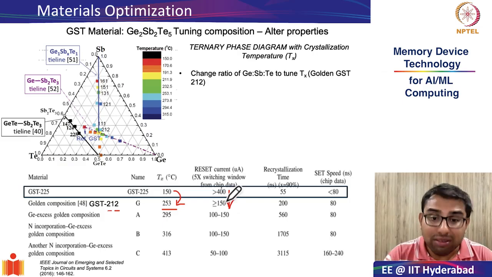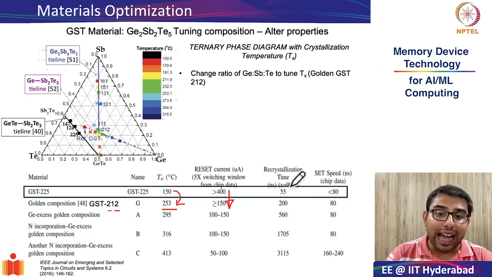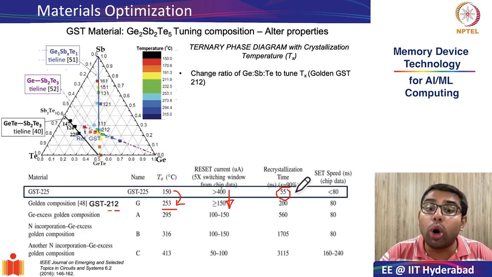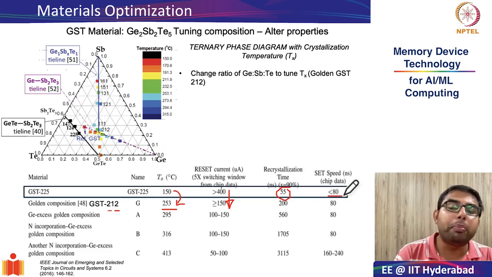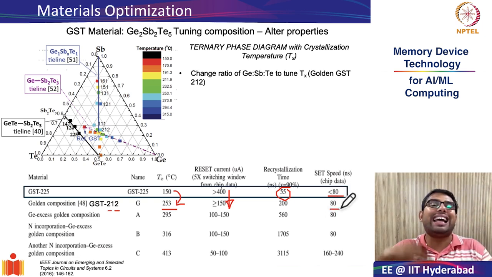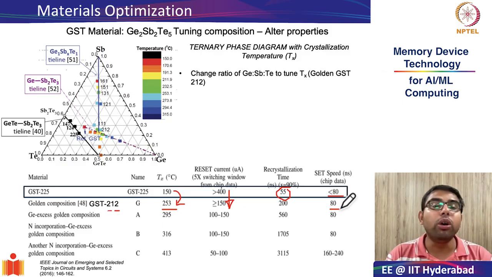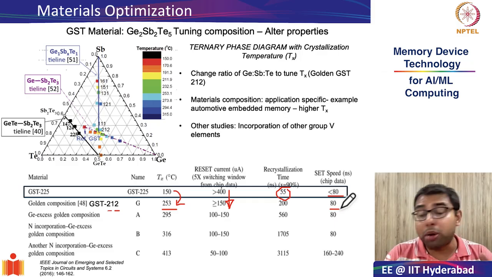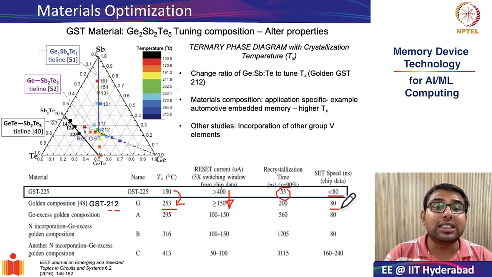Okay. But one thing that you essentially see is that as you increase the crystallization temperature, the recrystallization time starts increasing also. So for GST 225, the recrystallization time was less than 80, around 50 nanoseconds. But now, because you increase the crystallization temperature, the set speed or set latency increased to around 80 nanoseconds. Okay. However, as we will discuss later on in our lecture, probably the last part of our lecture will show